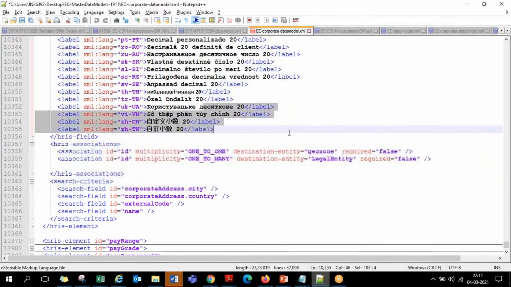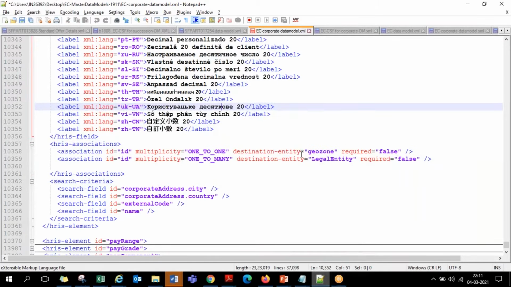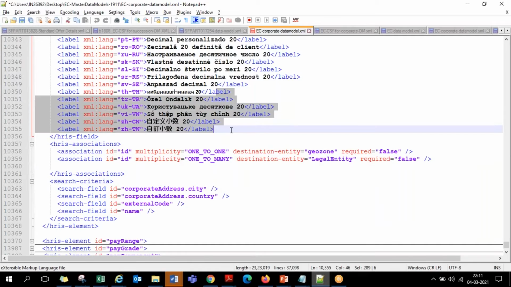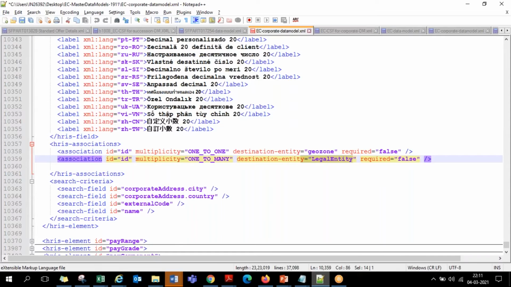So here, location to geozone is non-MDF to non-MDF. Location to legal entity is non-MDF to MDF. Business unit, division, department, all those are MDF to MDF. All ways of associations can be configured, guys. It's all about when the customer wants to connect two layers: what is the child layer? That is your point. Go to the child layer and connect with its parent. That is a point that you are required to remember.